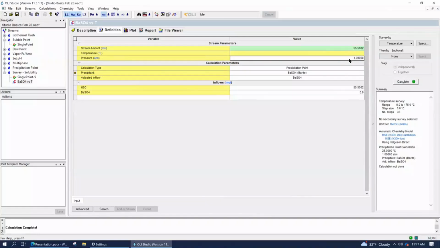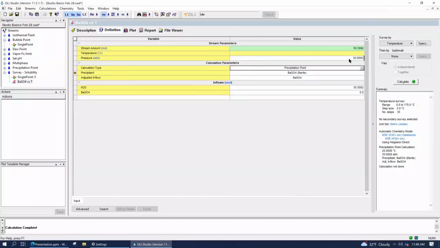Now, I'm not an engineer. I've never memorized the steam tables. I think you guys probably had to, but I'm going to assume somewhere about maybe 30 bar or so is enough to keep the system as a liquid at 175 C.